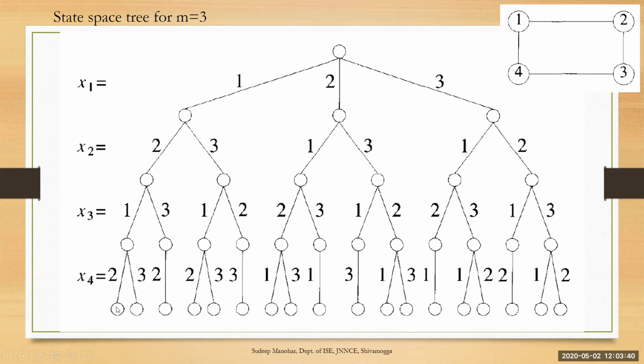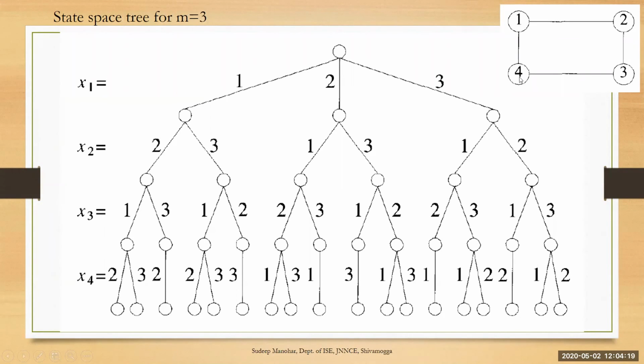In the 4th level, see if it can be given color number 1. Once you enter a new level, start with color number 1 itself. 1 cannot be given because 1 is already used. If you want to check what color is given in this tree, you just move back in the tree and see the first level; it gives the color of that particular vertex. This refers to vertex number 1's color, the second one is vertex number 2's color, the third one is vertex number 3's color. See that 4 is adjacent to 1, and 1's color is 1 itself. You cannot use that.